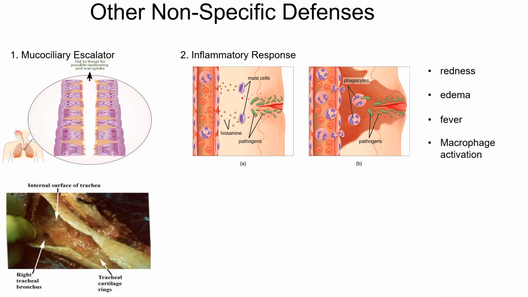The last nonspecific defense is where we see interferon being used. Now, interferon is only used against viruses, so this gets a little bit more specific than all the other defenses, but it doesn't go after any one type of virus, it goes after everything. Now, this one is truly innate, because interferon is a protein, but when we look at this again, it doesn't go after any one thing, it goes after all.